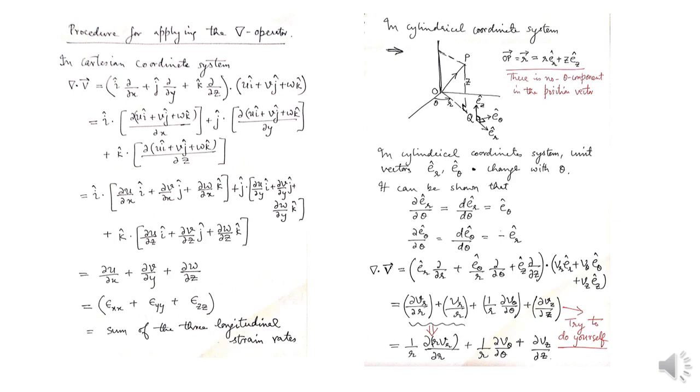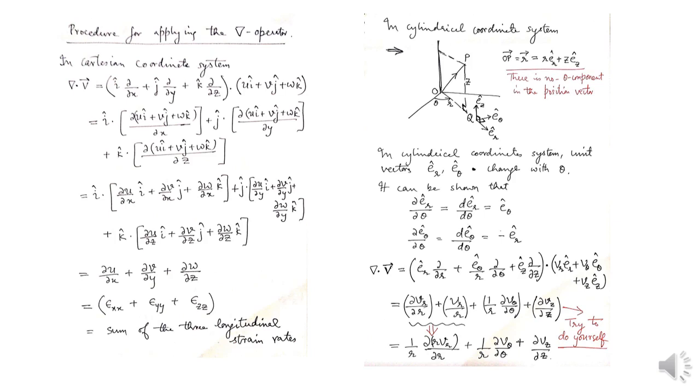What are these? Del u del x is simply epsilon xx, the longitudinal strain in an infinitesimal material line along x direction, with the line itself aligned along the x direction. Similarly, del v del y is epsilon yy, and del w del z is epsilon zz. So basically, to find the volumetric strain rate in Cartesian coordinate system at a point, you just have to add up the three longitudinal strains, epsilon xx, epsilon yy, epsilon zz. So the sum of three longitudinal strain rates actually gives you the